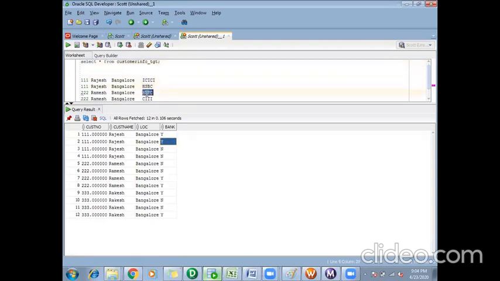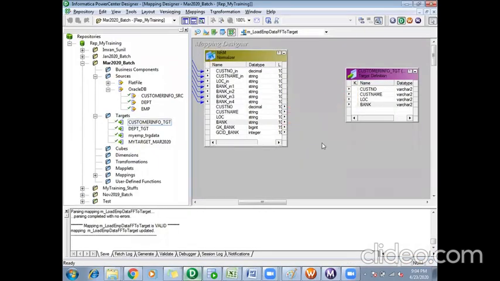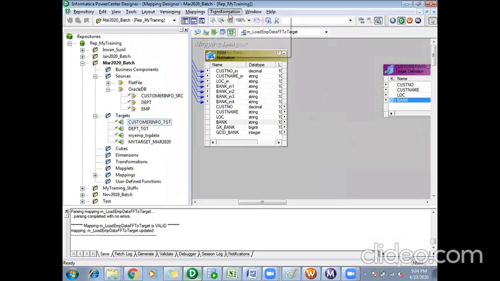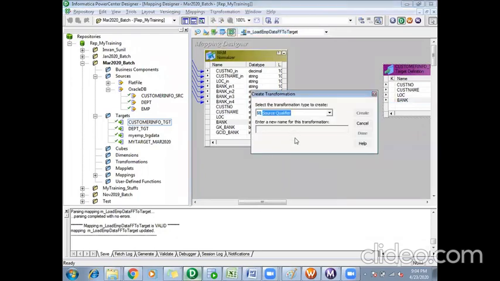Okay, that change I still have to do. So what I'll do for that is I'll use an expression transformation between my normalizer and target. So in order to achieve my requirement, what are the relevant transformations I need to use?